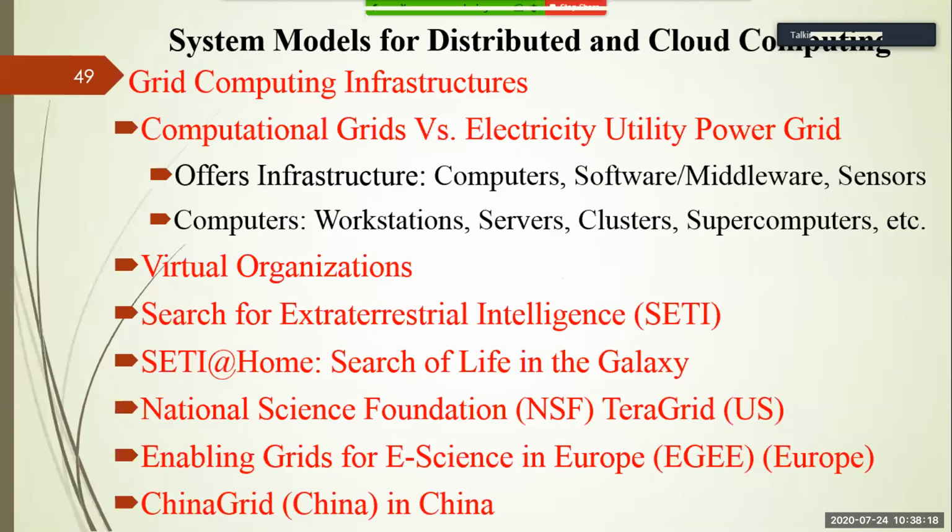Now, coming to the grid computing infrastructure, instead of cluster computing, in grid computing the computers are heterogeneous in nature. Heterogeneous means they may have different configurations. Earlier there was an electricity grid. If you visit a dam where electricity is generated, you will see the electric poles organized in a grid fashion. They are at equal distance from each other and they are storing electricity.